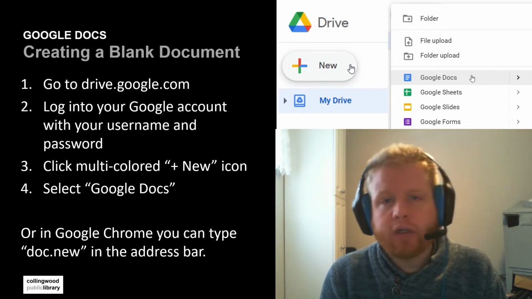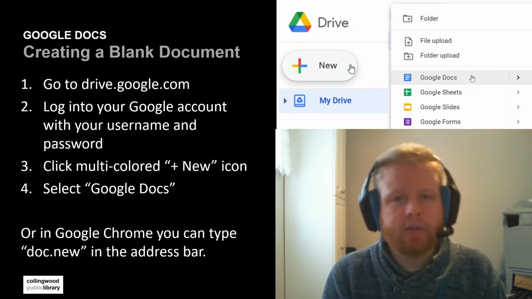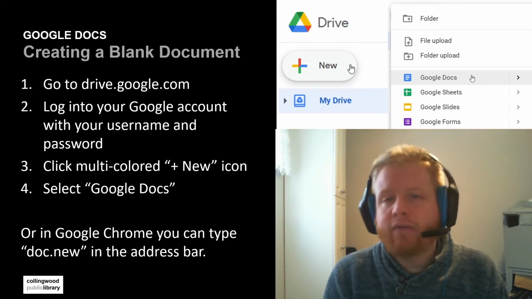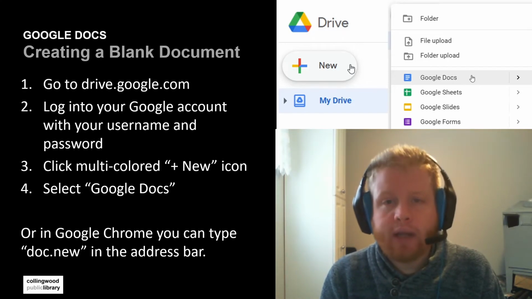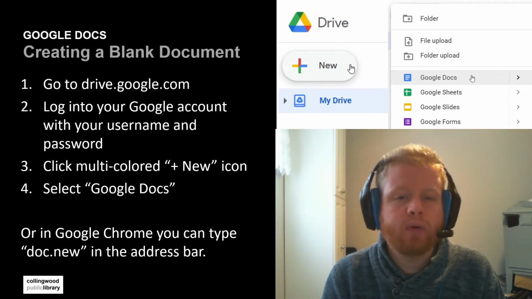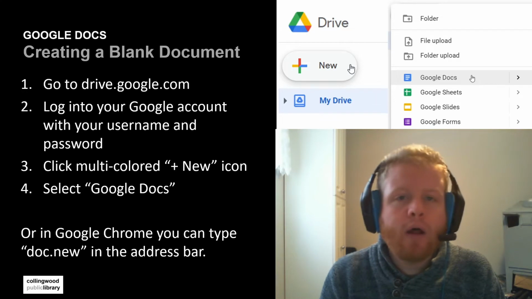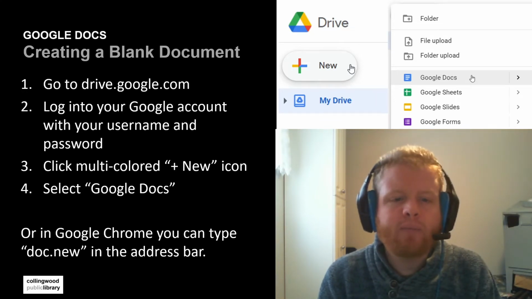The first thing we're going to do is open up a browser, whether this is Google Chrome, Safari, Firefox, whatever. We're going to type in drive.google.com. We're going to log into our account if we have to. So we're going to put in our Google account information, our password. It's going to log you in. And we're going to notice on the top left corner, there's going to be a multicolored plus button that says